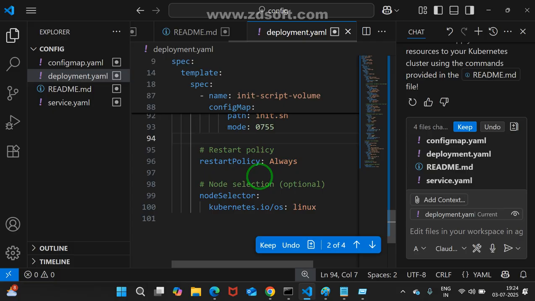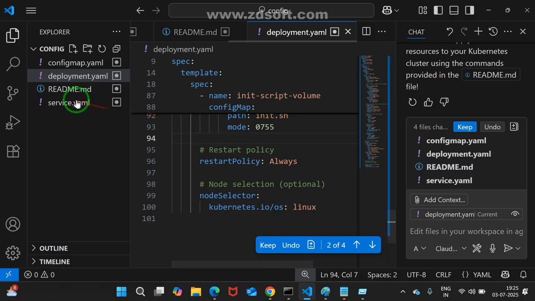You can specify on which node your pod wants to run. We can specify the node selector and which node. Till now you don't know these things; we'll discuss later, at least you know the word.